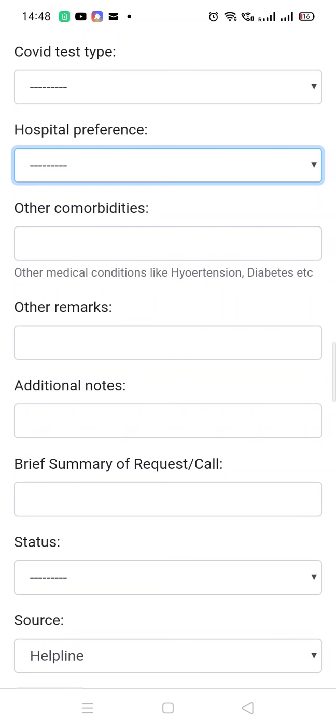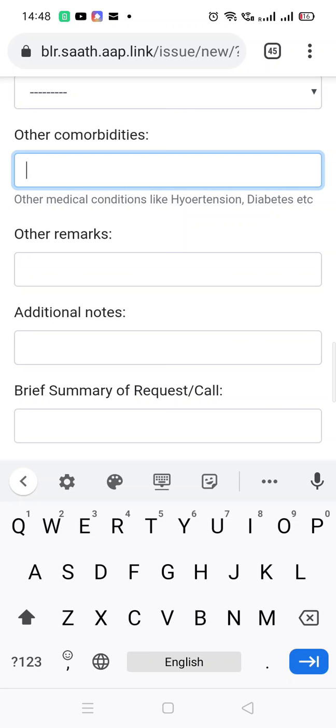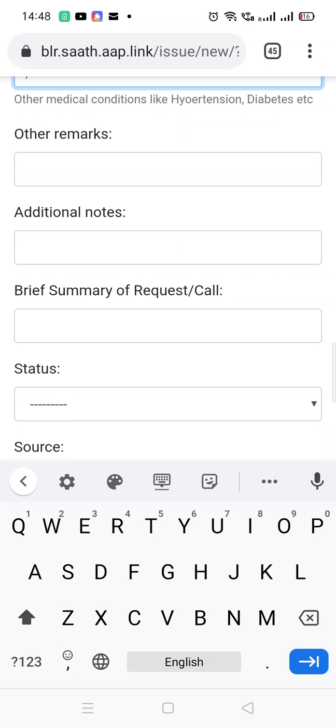If they have any other issues like hypertension, diabetes, etc., you can put them in other comorbidities. If there are any other remarks regarding the patient and their health condition, you can put them over there. If you have any other notes that you want to put in, you can put them here.